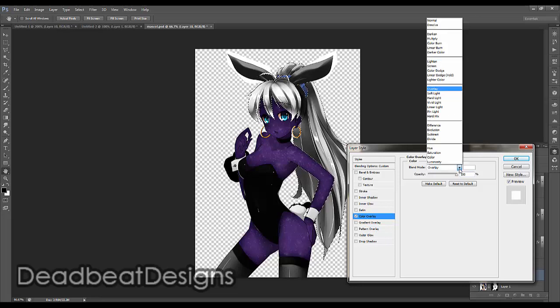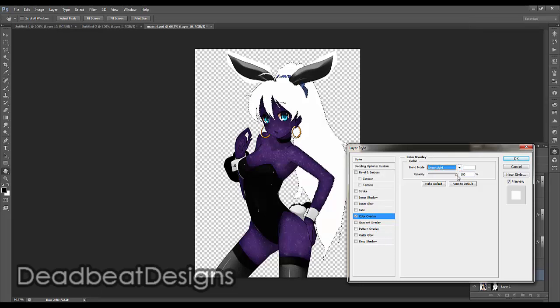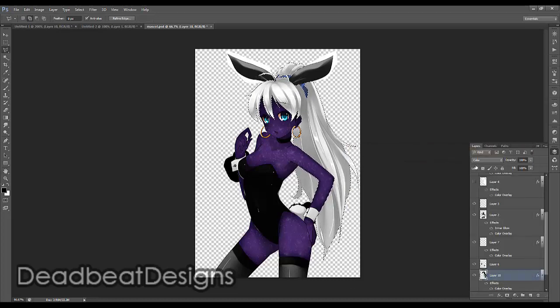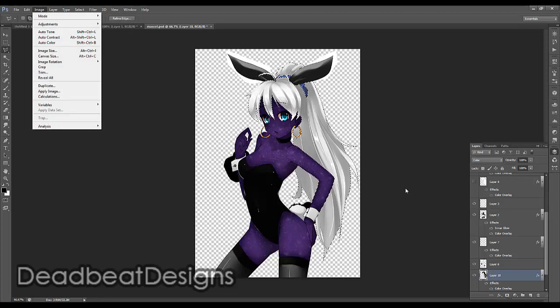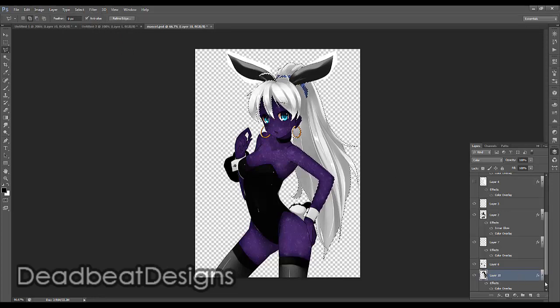overlay, but for this one the hair's a bit too dark, so we're going to use linear light, and it turns it pure white from the beginning, but we're just going to lower the opacity about 50%. And while it's still selected, or if you deselect it by accident, reselect, I'm going to go back to your base image